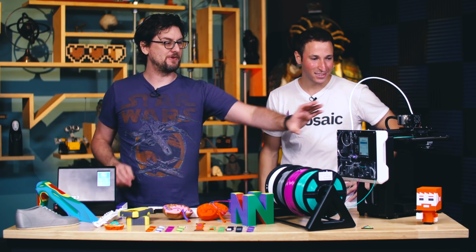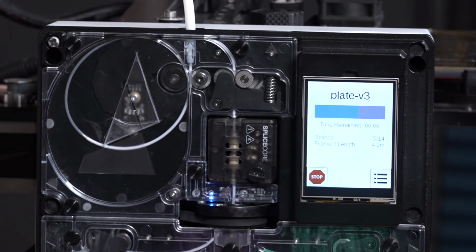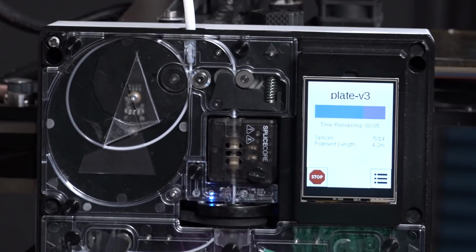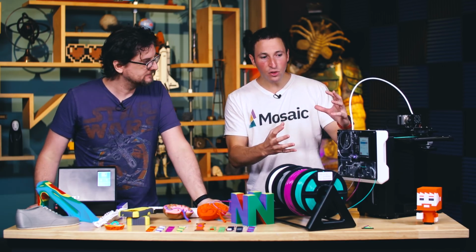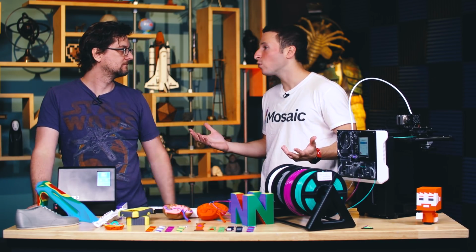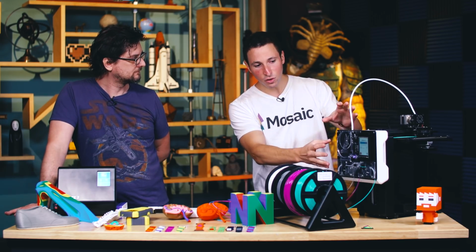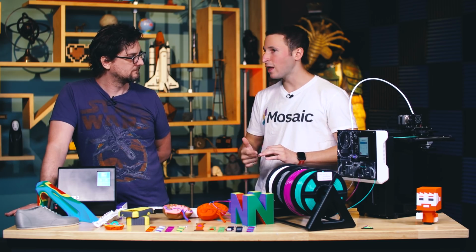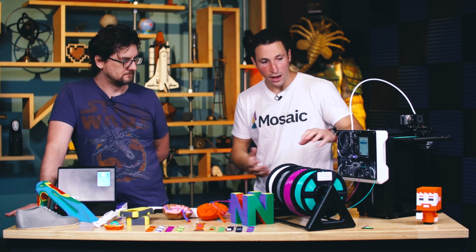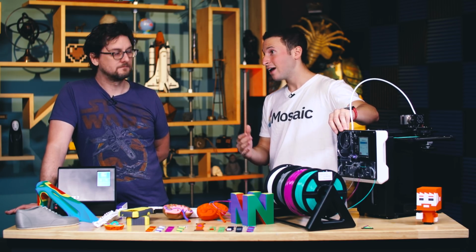So in addition to the palette unit, it comes with, I assume, the spool holder. Yeah. Why don't you talk about the white and black version we have here? What are the differences between the two? So this is Palette 2. The difference is really who we built it for. Our customers break up into 2 categories. Palette 2 was meant to be as accessible as possible while not compromising functionality, reliability, or any features. So it's the best palette we've ever built, but we were able to do it for $499 as a pre-sale,